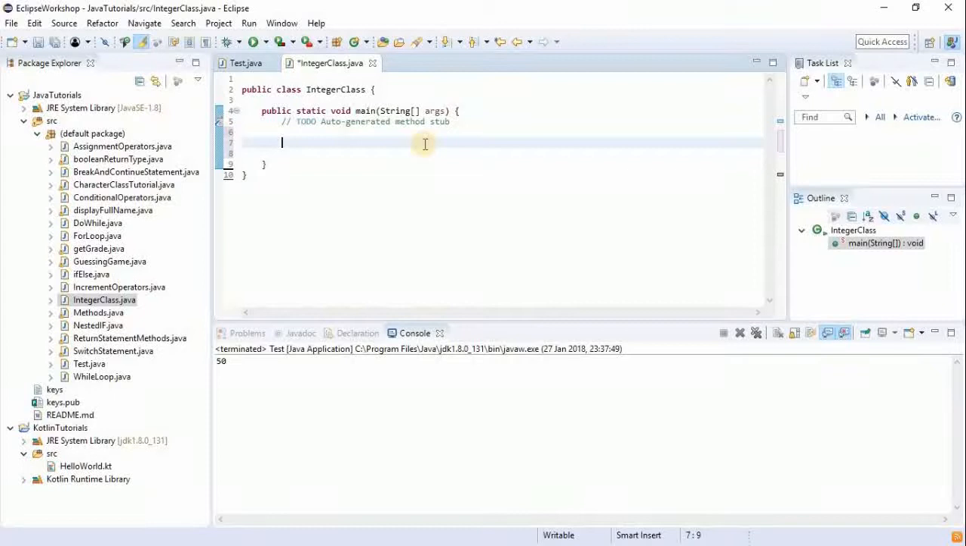In our last tutorial video we looked at the Character class and a few methods. We looked at the equals method and the compareTo method, and before the tutorial I showed you the ASCII code for every alphabet, for every key on your keyboard. Today we're going to be looking at the